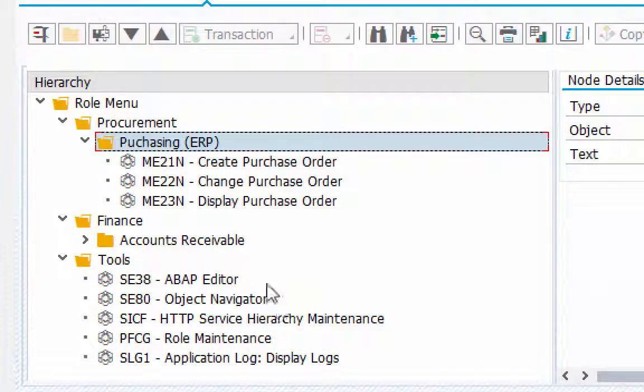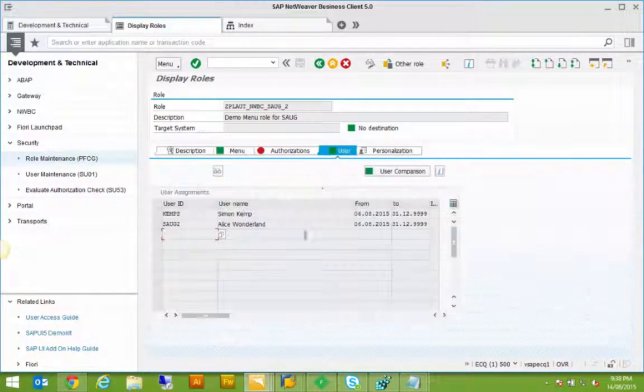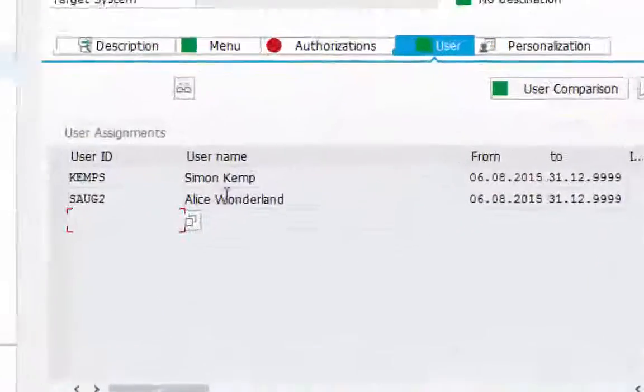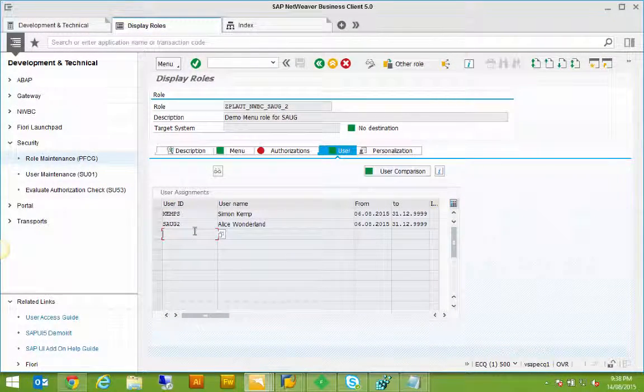So the reason that Robert and Alice don't have the same things in their menu is because if we check on the user, you'll see that Alice has the role, but Robert doesn't. So whether or not Robert should have the role is probably not my call, but we've made some investigations into why,